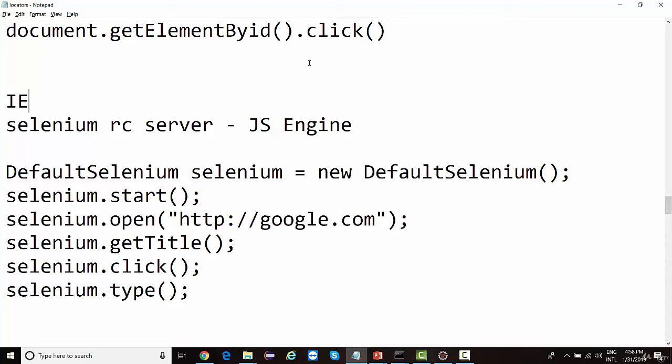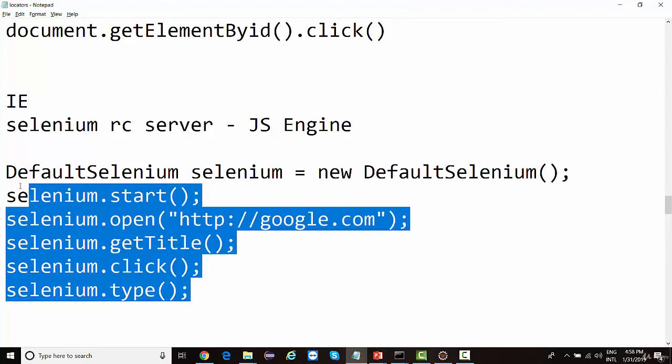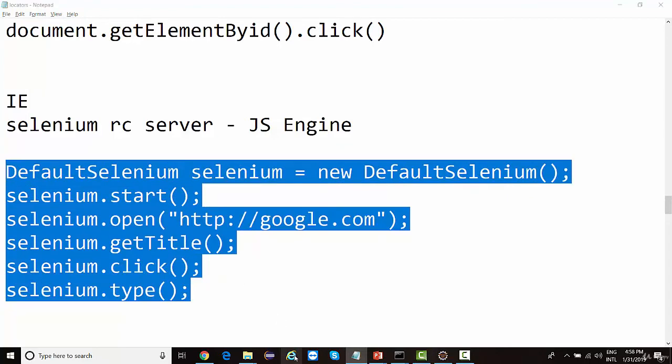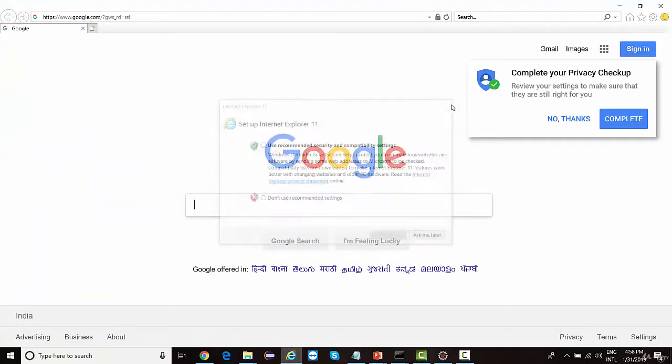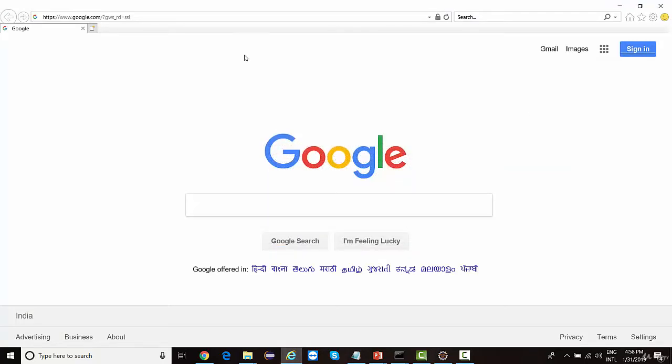Now, when you execute Selenium RC code on IE, Selenium RC injects JavaScript on this IE browser. And if you have ever noticed on this status bar at the bottom, you may see something like a yellow triangle.